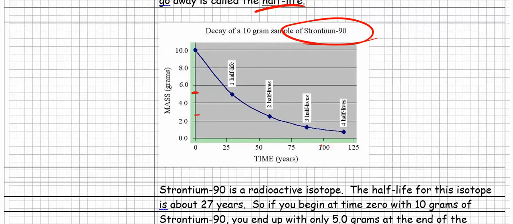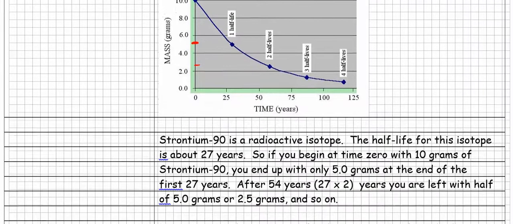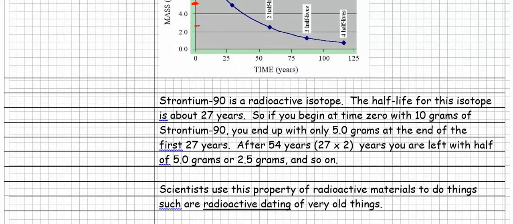So strontium-90 then is a radioactive isotope. The half-life for this isotope is actually about 27 years, right? So it's a little bit longer than 25 years. So if you begin at time 0 with 10 grams of strontium-90, you end up with only 5 grams at the end of the first 27 years. After 54 years, or 27 times 2 years, you're left with half of that, half of 5 grams, or 2.5 grams,